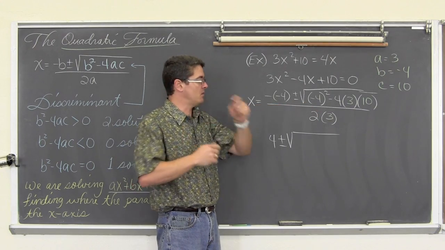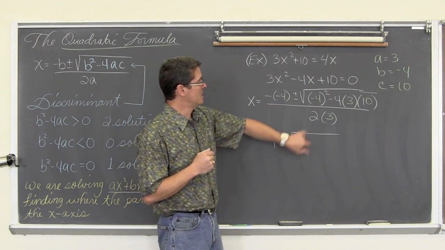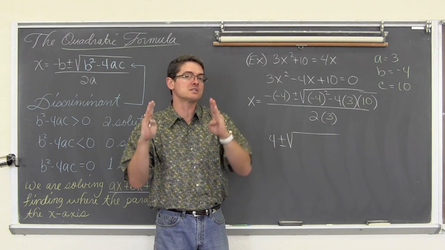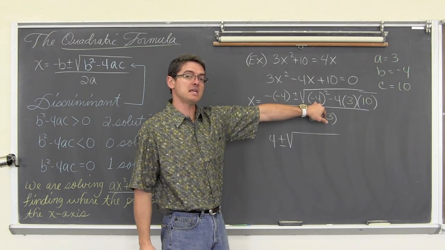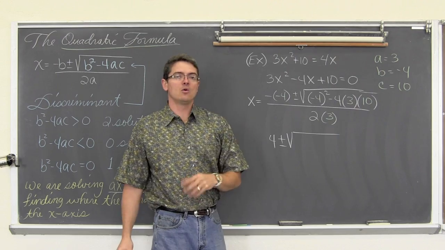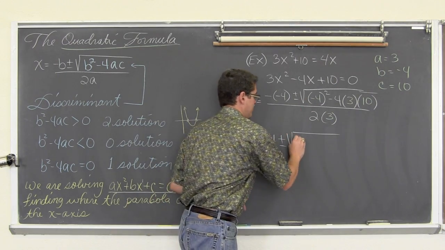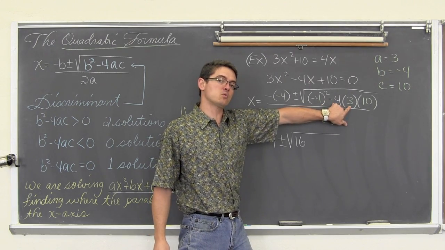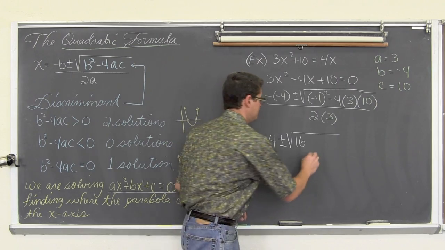But if you are one of those kids tippity-tapping on the calculator constantly, you're really doing yourself a disservice. If you're not careful with your parentheses, with what's called your syntax, how you type it into your calculator, you might think this is -16. You need to put those parentheses into your calculator, or just do it in your head. -4 times -4 is positive 16. And we have -4 times 3 is -12, and -12 times 10 is -120.